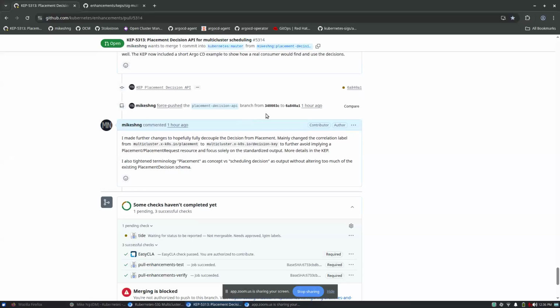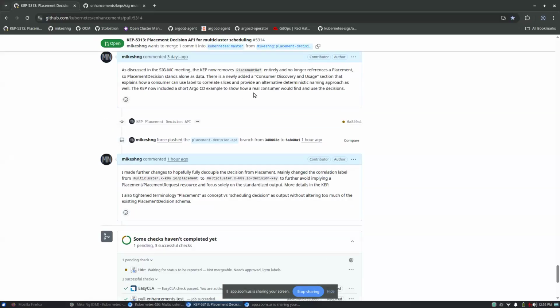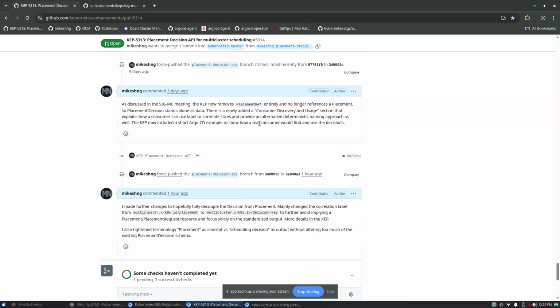So that was my first crack at it. But then I went over it again this morning prior to this meeting, and I noticed that the label was still heavily implying there's a placement object somewhere.